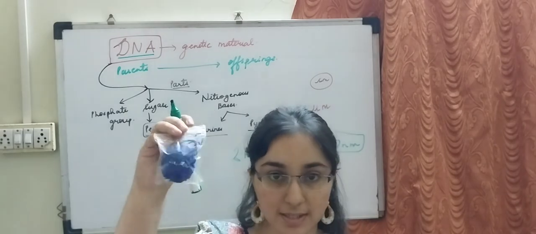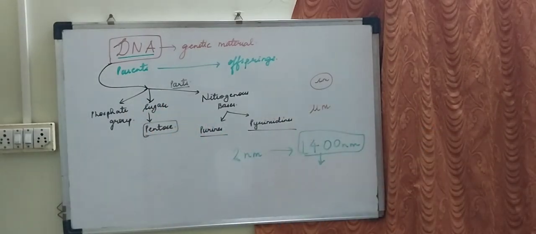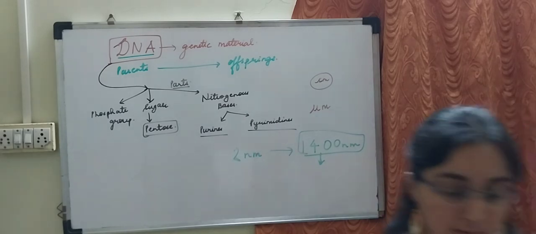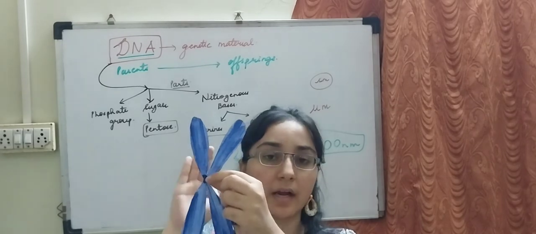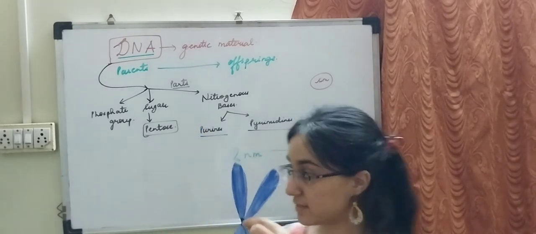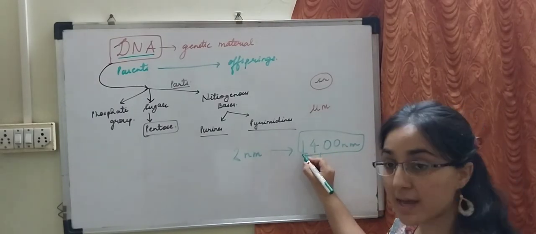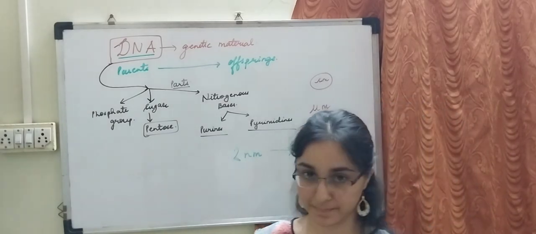This is just an example, but actually it looks like this. So this is the highly condensed form of DNA known as chromosome, which is 1400 nanometer condensed,